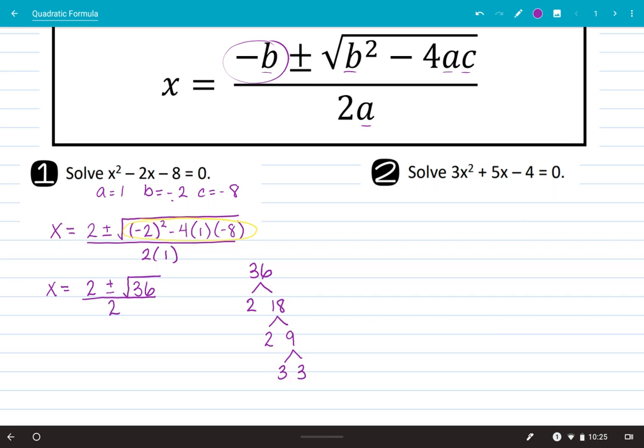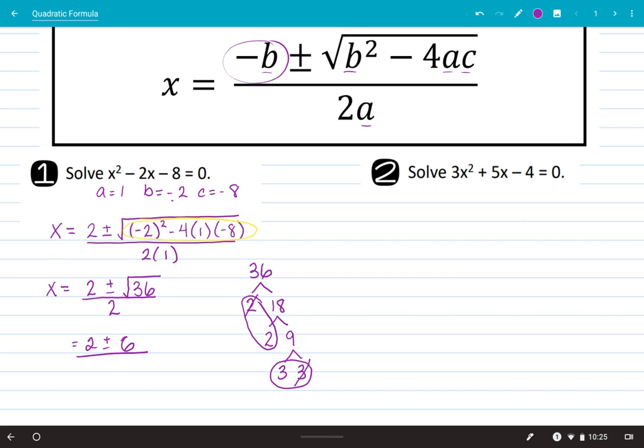2 can't be reduced. It's 1 times 2. I'm not going to write that. 18 is 2 times 9. 9 is 3 times 3. Now we're going to circle a pair, cross one off. Circle a pair, cross one off. 2 times 3 is 6. So I get this one to be 2 plus or minus